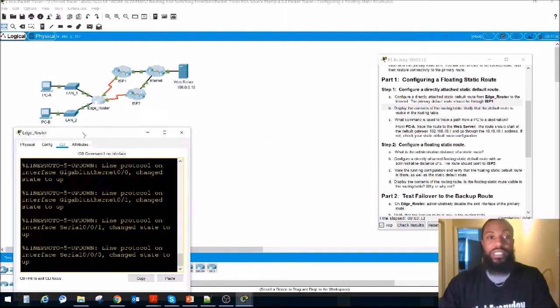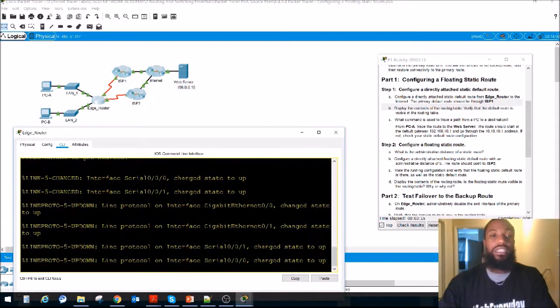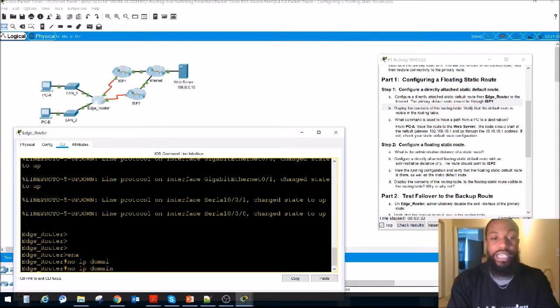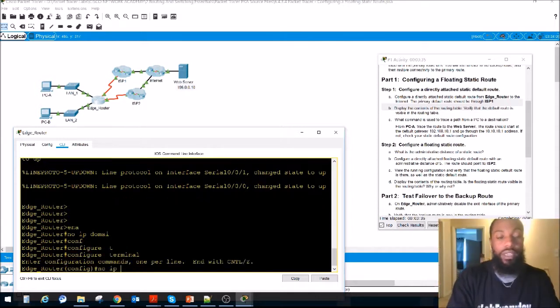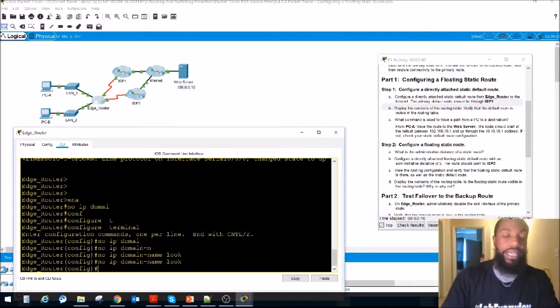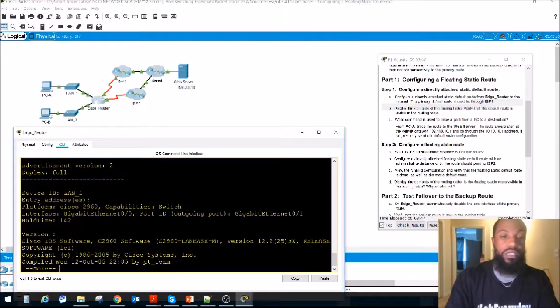I made the font a little bigger so y'all can see. I didn't even think about that until now. Let's enable. Let's do a no ip domain-lookup, just in case I get caught up with those. I hate that. I think I go to configuration mode for that. Configure terminal, no ip domain-name lookup. Right, and then let's do a show cdp neighbors detail,